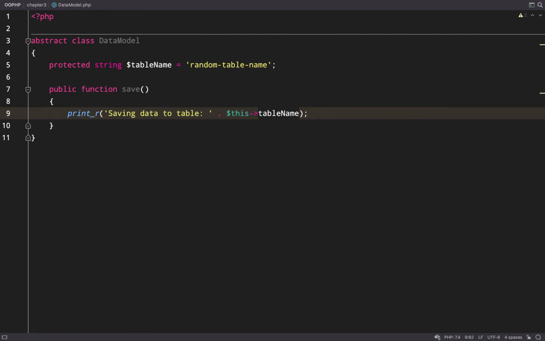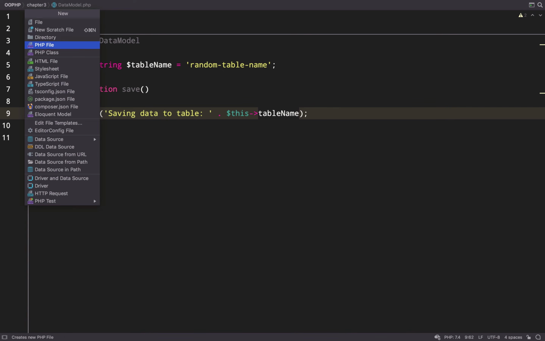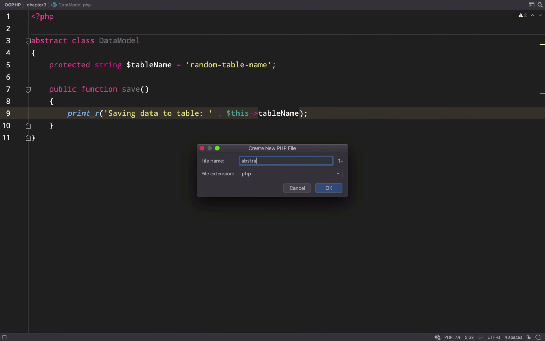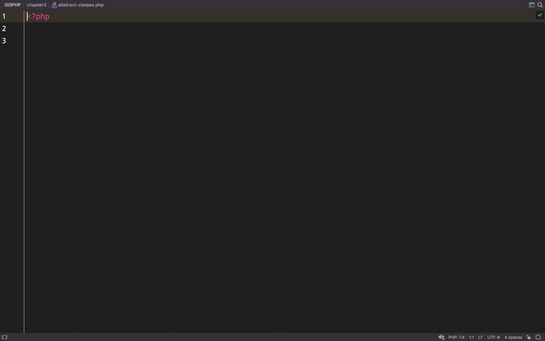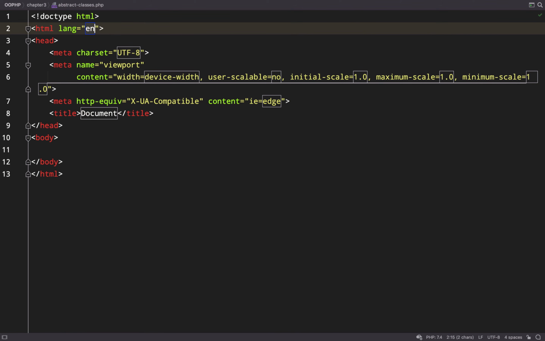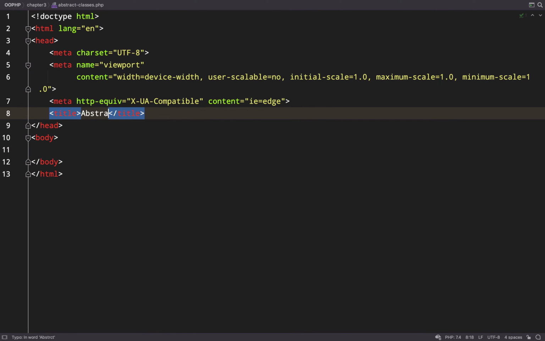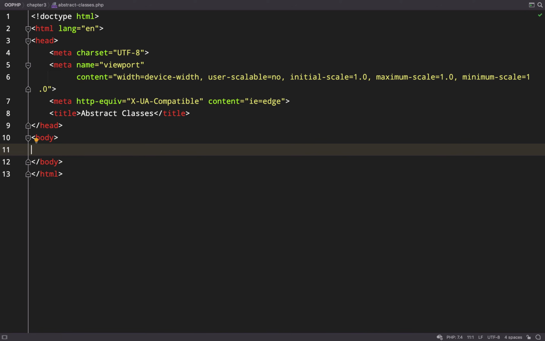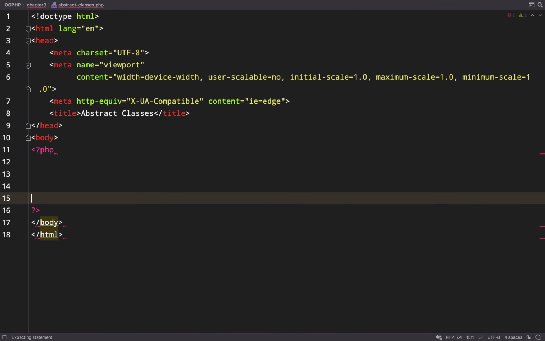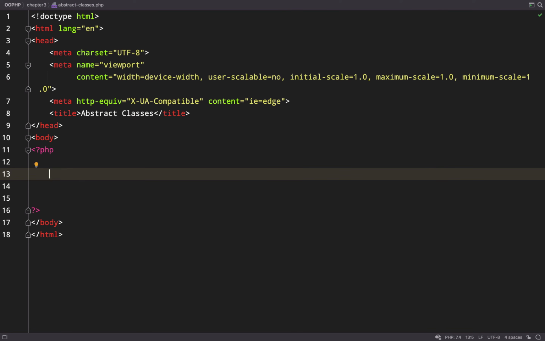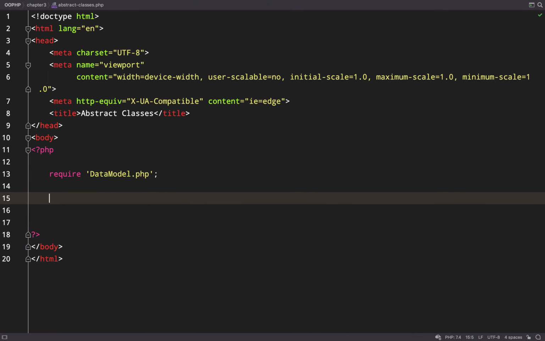Now let's create a file where I can go and play with this stuff and demonstrate it in the browser. So in the same folder I'm just going to create a file called abstractclasses.php. I'll just remove this opening PHP tag, replace it with a bit of HTML. I'll give the file a title, abstract classes, and then within the HTML body I just add my opening and closing PHP tags. I need to require the data model file, so require data model.php, and I'm going to try